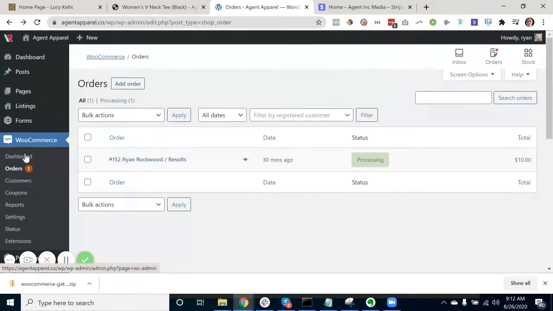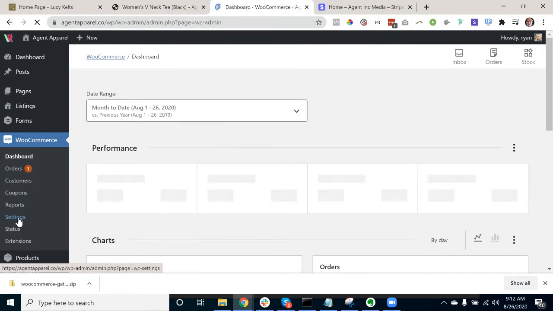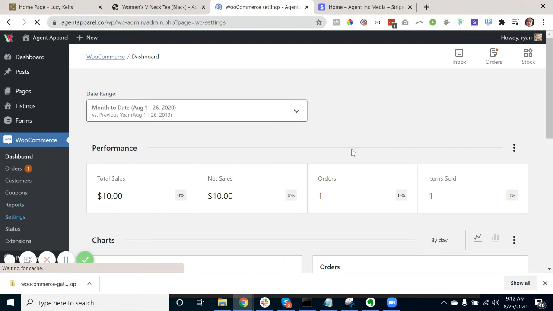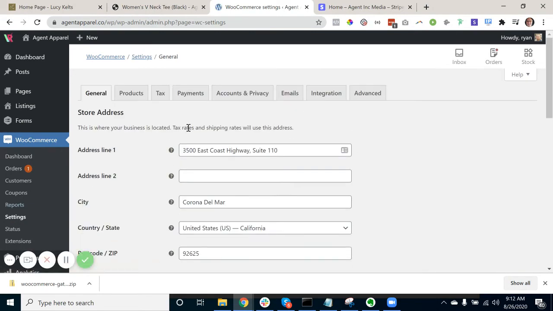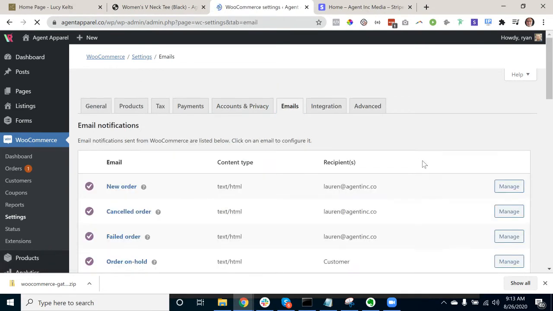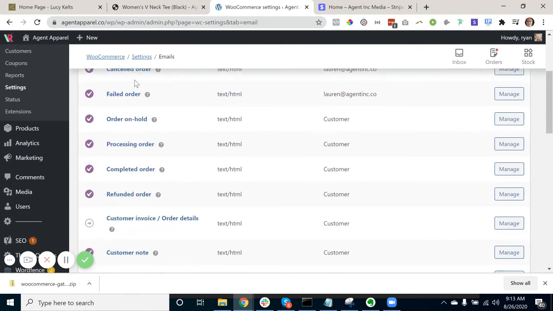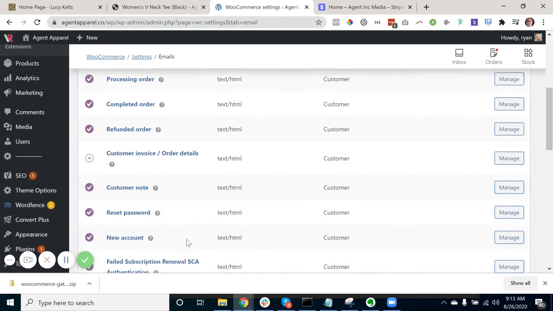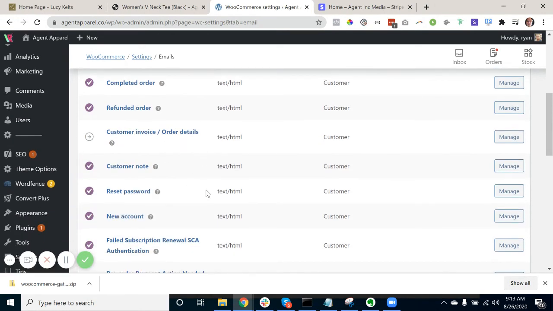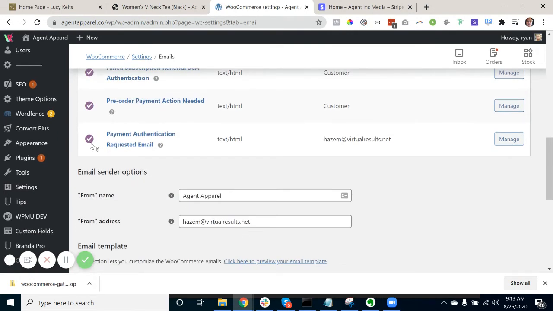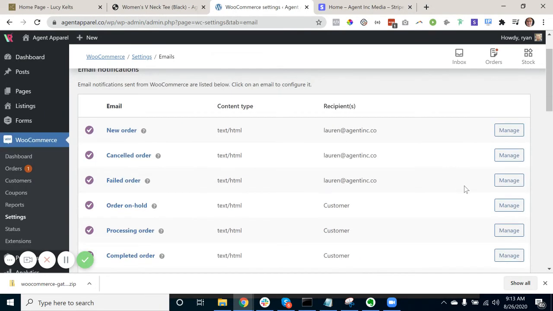Maybe why don't I go to, probably not dashboard. That's going to be more reporting stuff. Why don't I go to settings and come in here, and this is where you're going to find most everything you need. I'm just going to click on emails because this is worth spending a little time on. Most of these you'll never actually have to get into, and in fact, you can turn some of them off if you want. But the ones that are enabled,